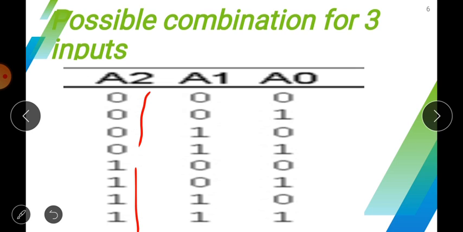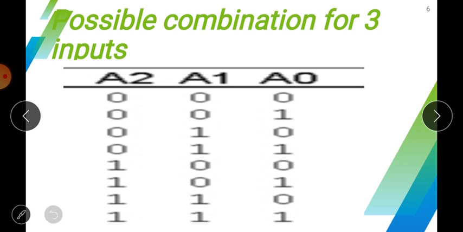So if you have 4 variables, how many possible combinations are there? 2 to the power 4 possible combinations will be there. And as you can see, the number of 0s and 1s is replicated by 2. So first of all 0 1 0 1. In the second column you will have 2 zeros and 2 ones. In the third column you will have 4 zeros and 4 ones, and in the next column you will have 8 zeros and 8 ones, and so on. So this is the proper way through which you can create the possible combinations of the inputs.